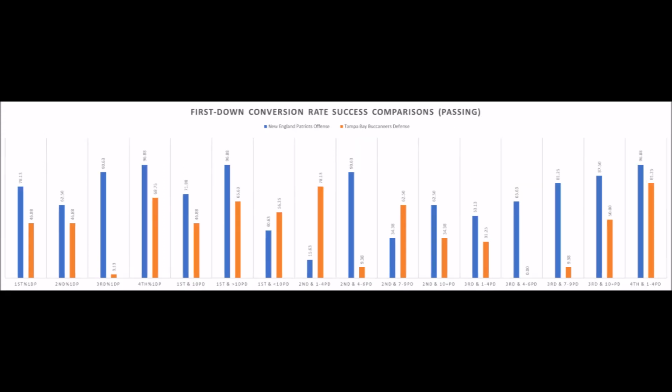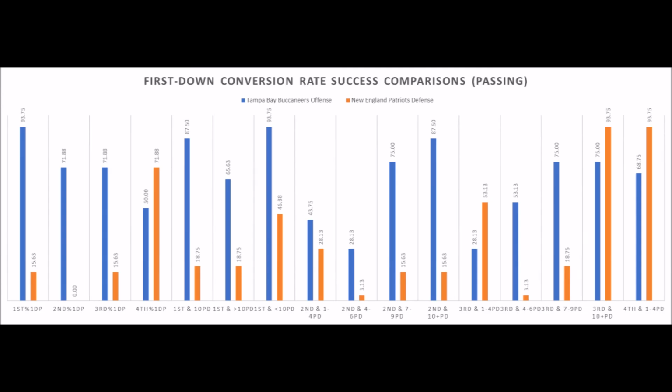When you get to passing downs, overwhelmingly the Patriots are favored when it comes to their passing offense versus the Bucs passing defense, in the ability to convert first downs in various situations. Then, of course, if you look at the Buccaneers offense, it's even more heavily favored, which just further highlights what I mean: the Buccaneers defense is not amazing, but it's not as bad as the Patriots defense in the last 4 weeks. So that's the basic tenets. And the Buccaneers offense has been very passing driven, which can go in their favor.